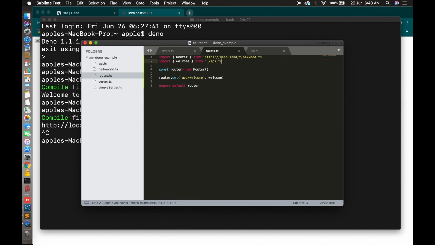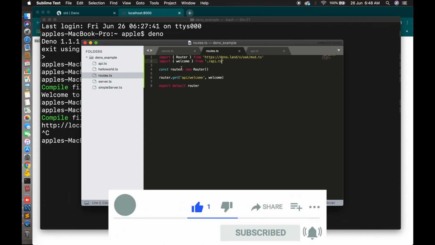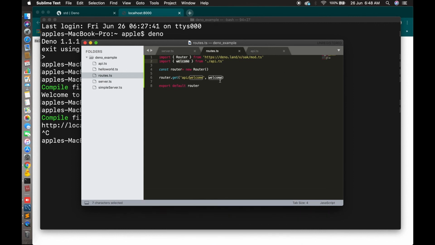So this is the internal file structure you just mentioned. We just call this function from api.ts. So this is done now.